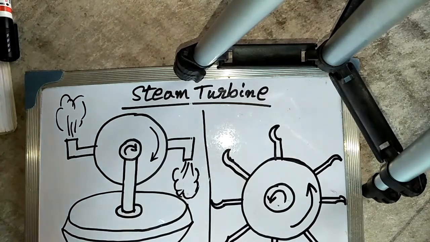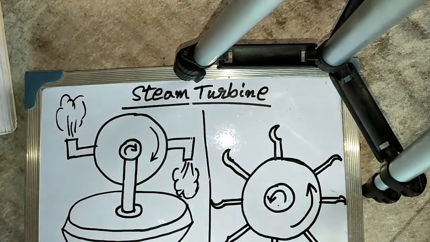Welcome students. Today we are going to start a chapter called steam turbine. In this chapter we are going to learn the basics of steam turbine, the basic principles of steam turbine, the basic principles of nozzles, the velocity diagram of the steam turbine, and we will do some numericals on it, and also the different conditions of steam flowing through these blades and this kind of thing.